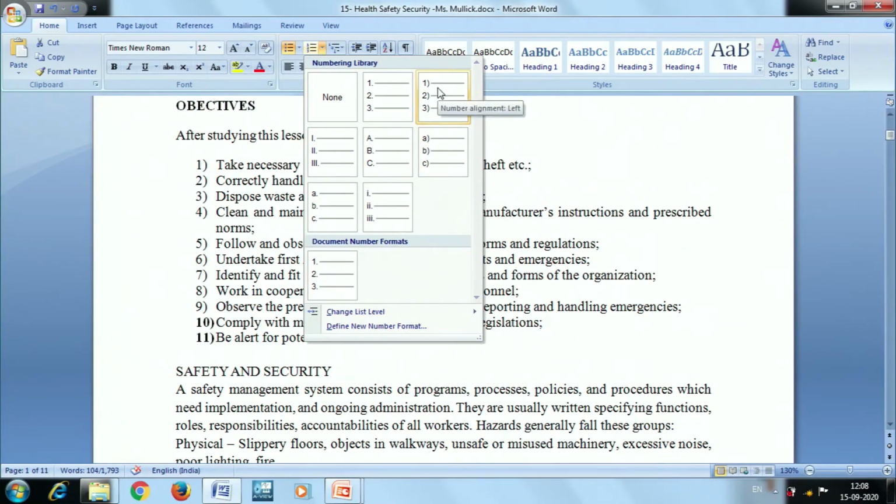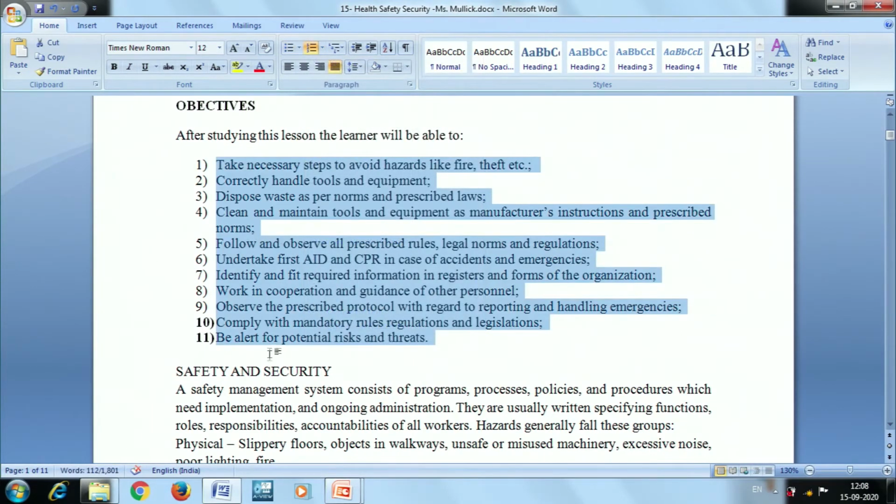The other style of numbering is 1 with a bracket. So if I want to put 1, 2, 3 like this, I can use this option. Once I have selected, the content has been changed accordingly.